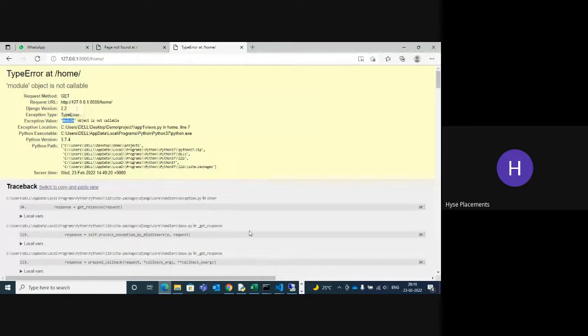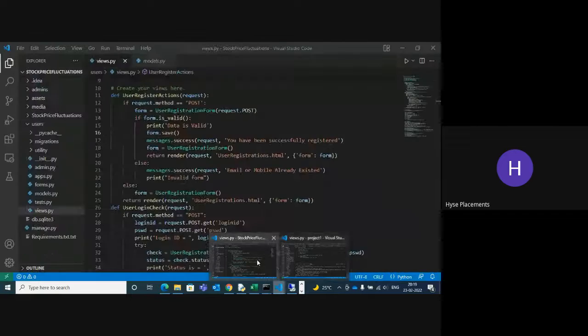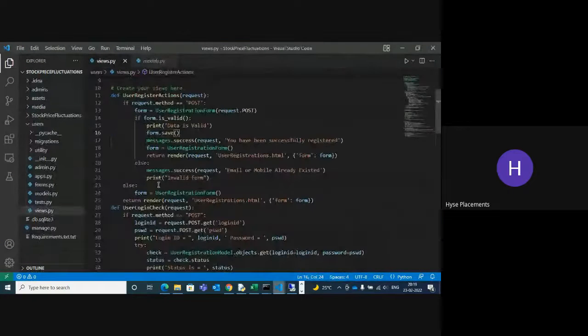Module object is not callable. By default, it's not getting.